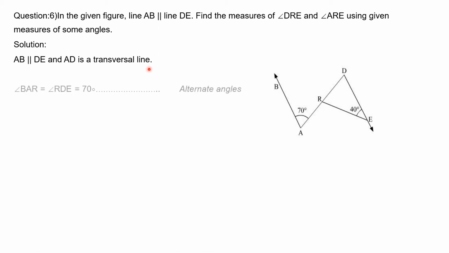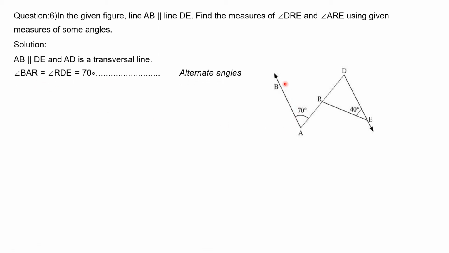Then angle BAR is equal to angle RDE, 70 degrees, alternate angles. Then in triangle DER, angle D plus angle E plus angle R, meaning DRE, is equal to 180, angle sum property